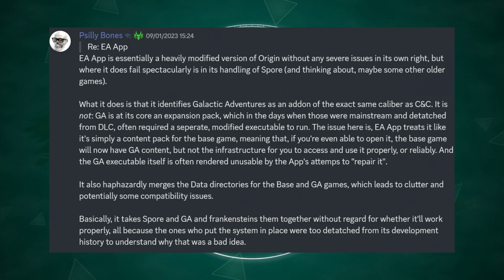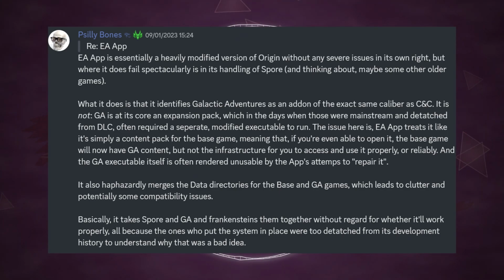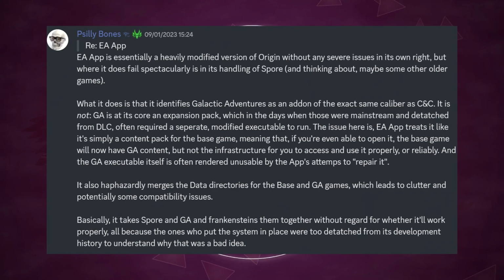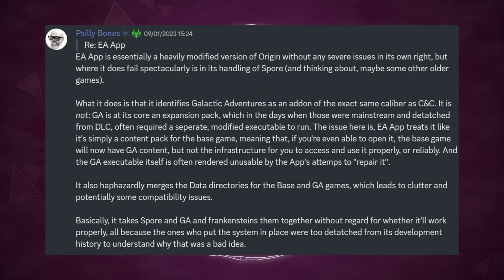As Sai here has explained it thoroughly, thank you so much, Sai, the EA app is essentially a heavily modified version of Origin without any severe issues in its own right, but where it does fail spectacularly is in its handling of Spore, and thinking about it, maybe some other older games as well. What it does, it identifies Galactic Adventures as an add-on of the exact same caliber as Creepy and Cute, but